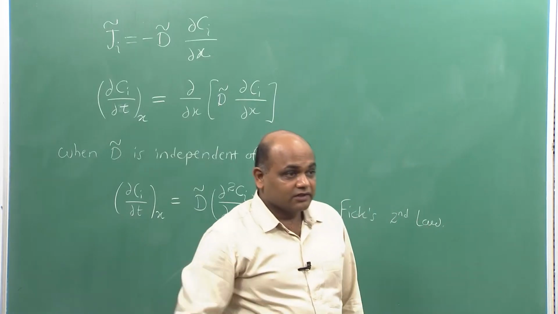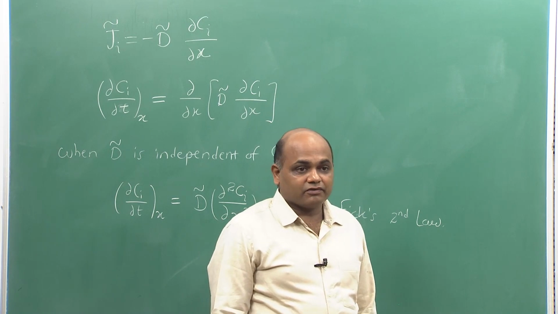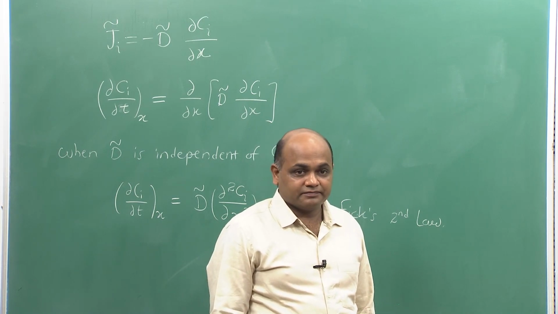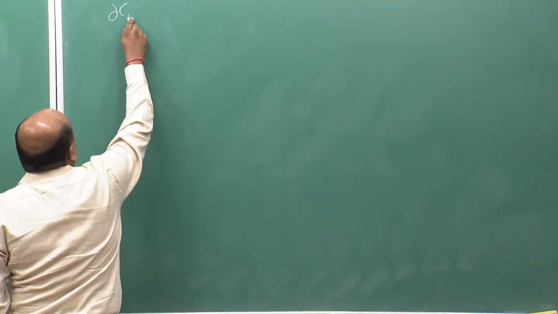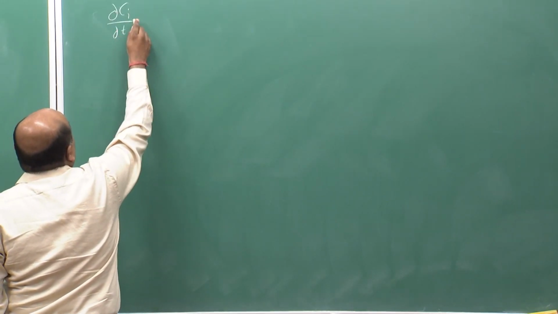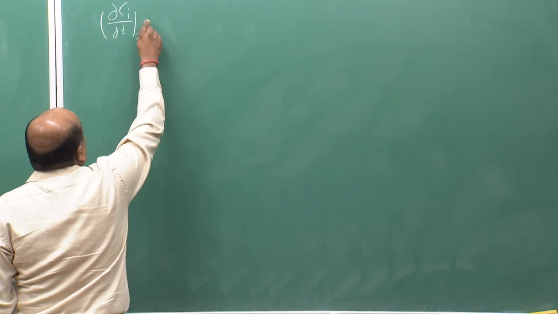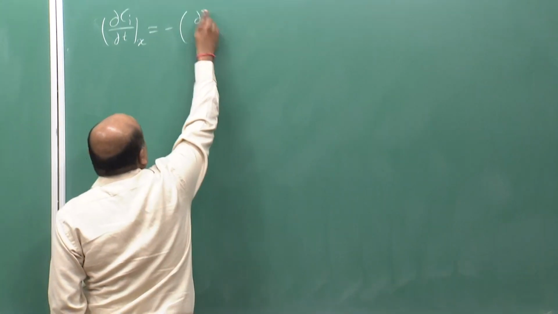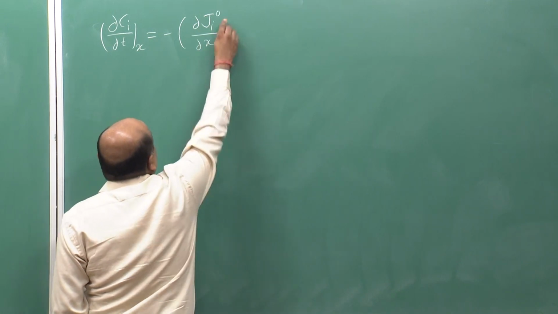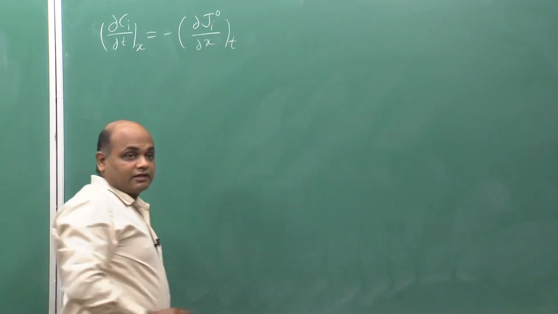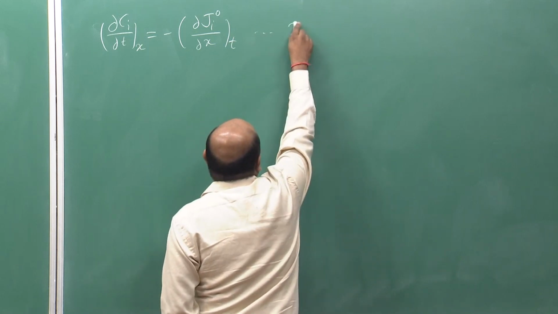One more thing, this continuity equation is valid only in stationary frame of reference. Okay. So, I should more accurately write the continuity equation as dou Ci by dou t at x should be equal to minus dou Ji0 by dou x at t,